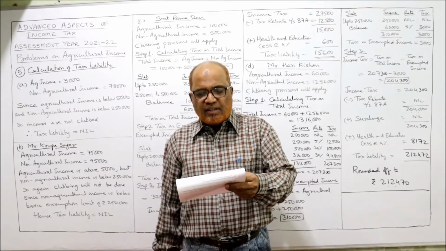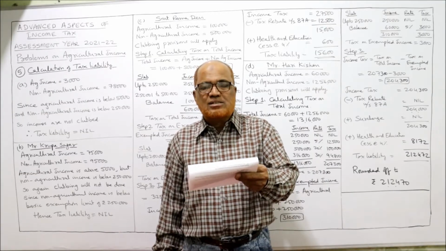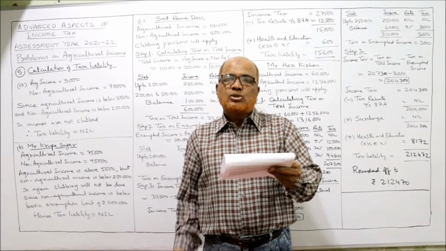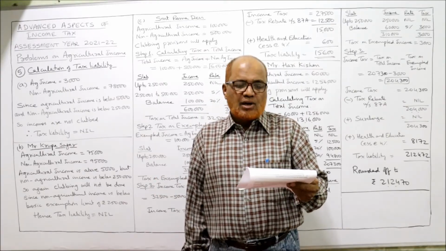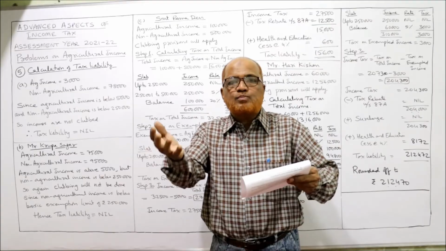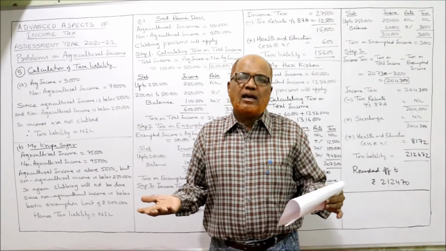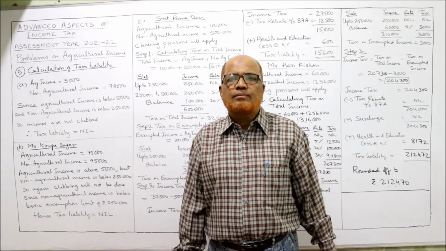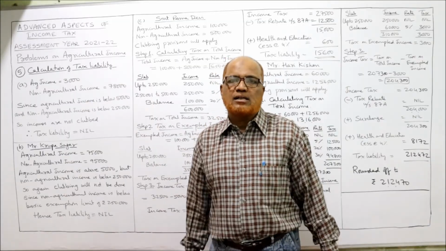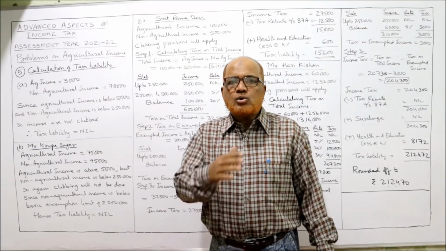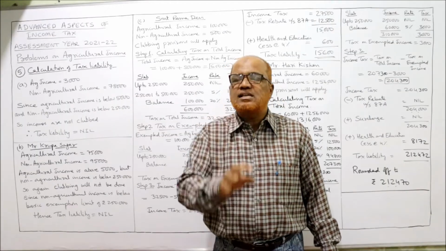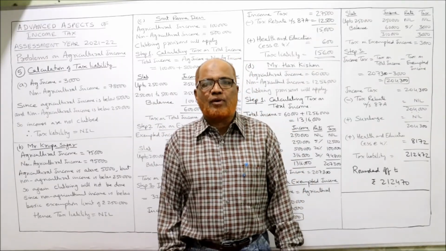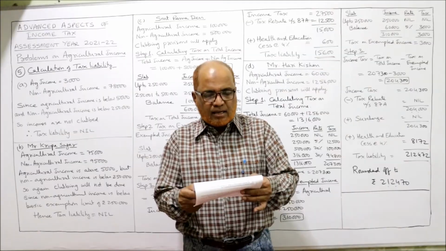Next one, income received by forest contractors by sale of trees of spontaneous growth on which some preservation operations are performed. That means without applying any effort, the trees have grown up. The only thing is they have applied some preservation operations. Then the income is not an agricultural income, because the assessee is performing only subsequent operations, not the basic operations. So the income is non-agricultural income.